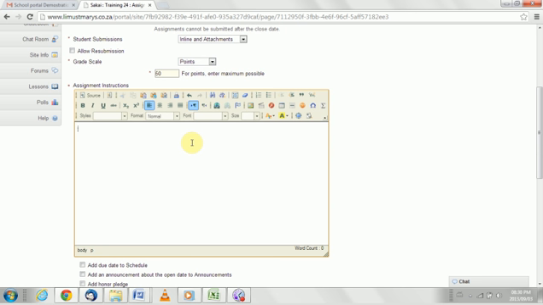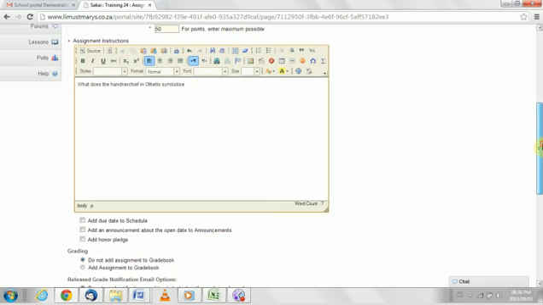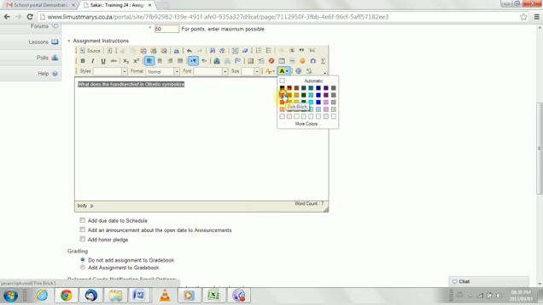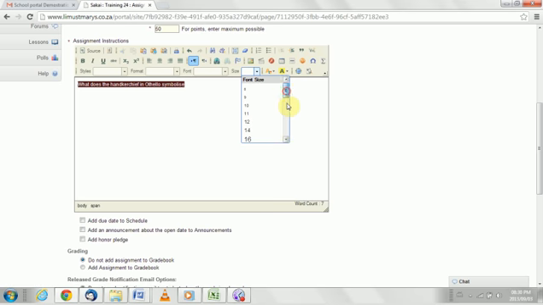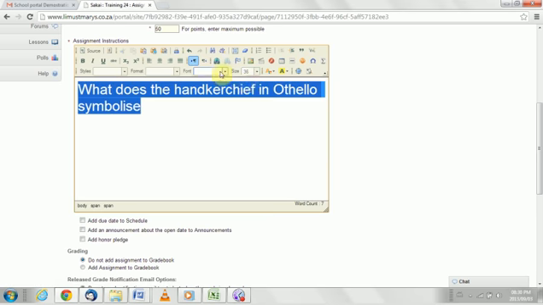So once again, we're going to pretend we are in English again and doing a Shakespeare assignment. So the assignment's instruction might be, what does the handkerchief in Othello symbolize? Okay, and once again, you can make this look pretty, so you can change the color, change the size to be far larger. Okay, you can change the font as well. Okay,